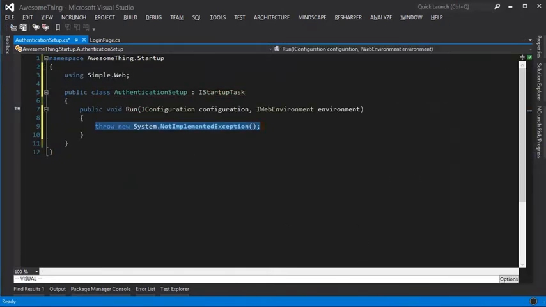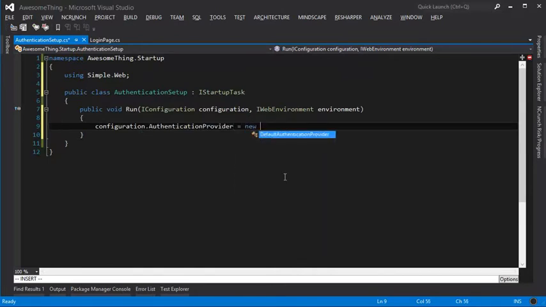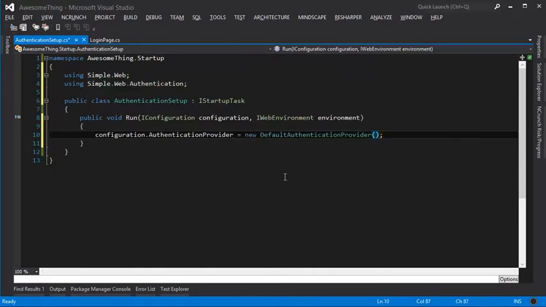And then in here we are just going to put some configuration to say configuration.AuthenticationProvider equals new DefaultAuthenticationProvider. And having done that, we should now be able to run our application up